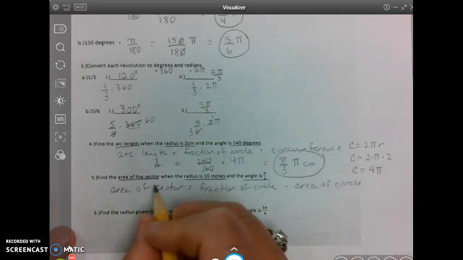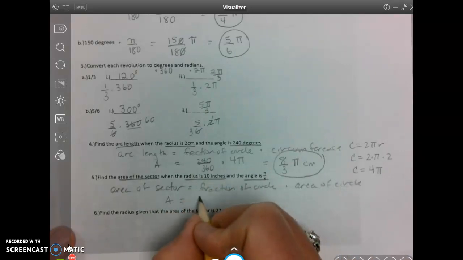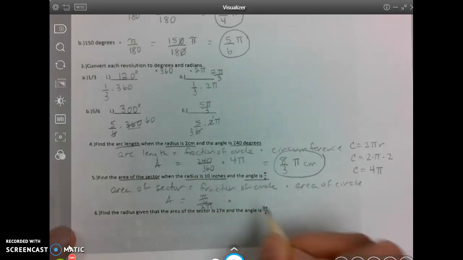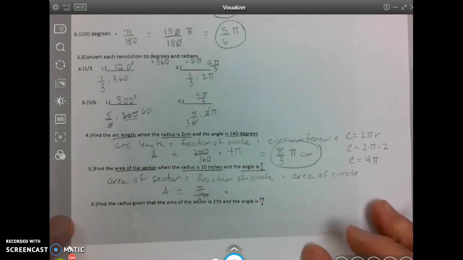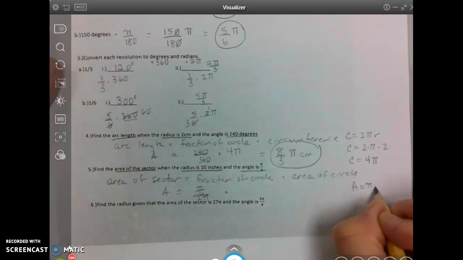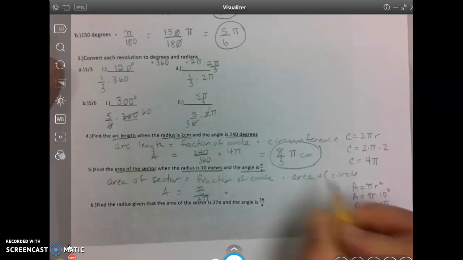So I don't know the area of the sector, I'll just call that A. The fraction of my circle is pi over 6 divided by 2 pi times the area of my circle. Let's see, area is pi r squared, so the area is pi times 10 squared, which would be 100 pi,